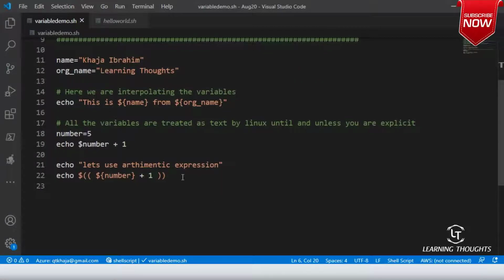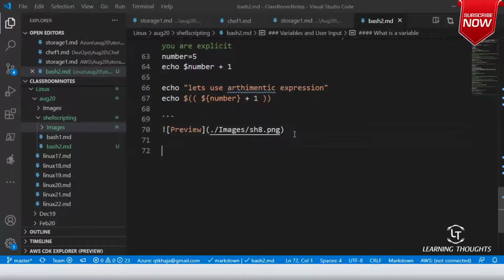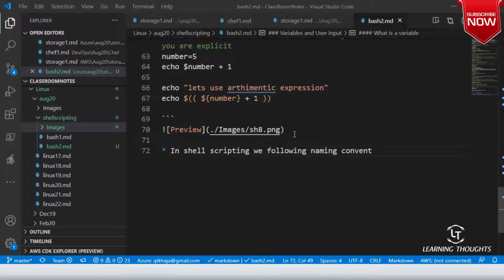But for our understanding, in shell scripting, we follow naming conventions. Let us try to see what the naming conventions are.